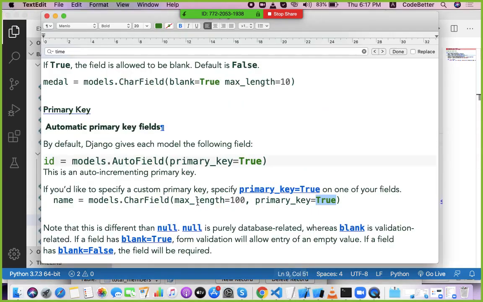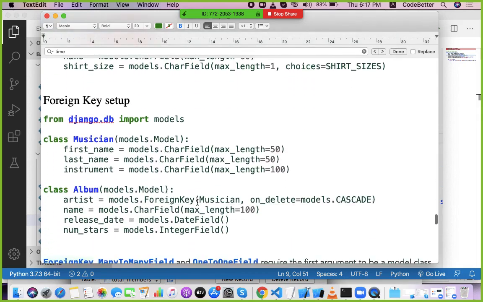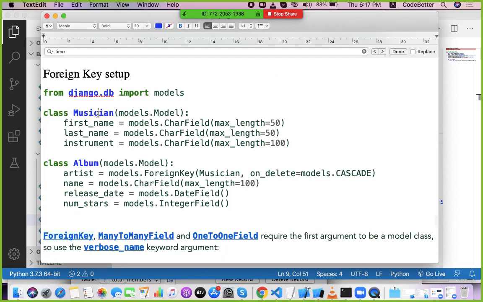In the same way, there are many other things as well. One is how we can set the foreign key. For example, we have a model musicians. We have a list of musicians who work in a music company: first name of the musician, last name of the musician, and the instrument that the musician plays. Now these musicians may work as artists for an album. Multiple musicians may work on an album, or a musician can be attached to an album. So an album can be linked with a musician, or a musician can create an album.